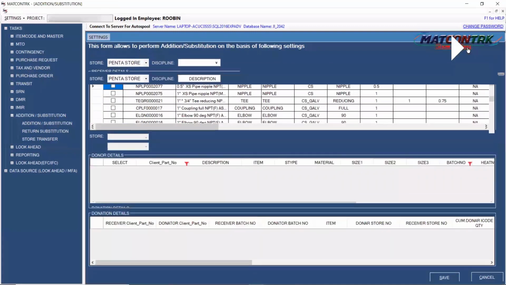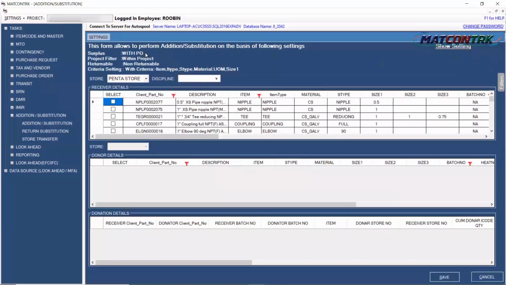So in the receiver grid, I can select which item I am looking for to get the substitution. Now the substitution criteria is shown over here, through this show setting form. Here in criteria setting, we can read item, item type, subtypes, material, MOC, unit of measure, and the size.